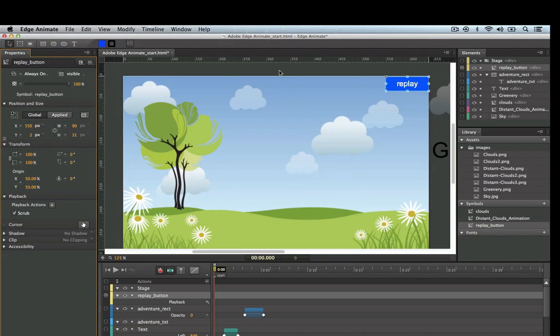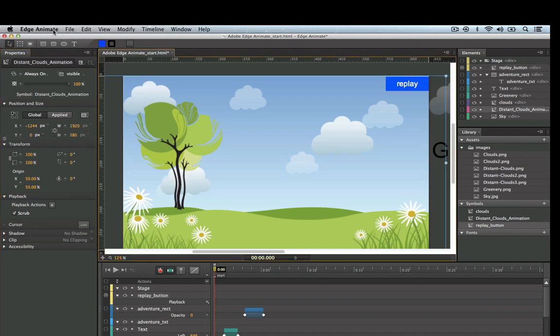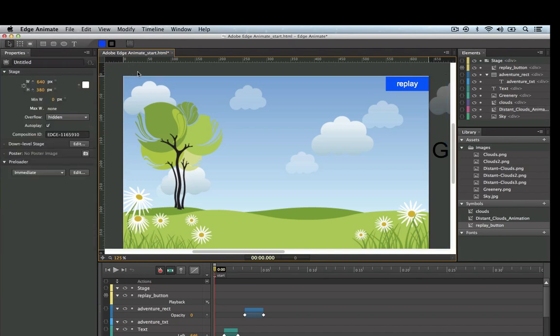Now, every so often when you test it out, there's almost like a little stuttering going on as all the content is getting downloaded into the browser. So what we can do, just like in Flash where you've got the little preloaders at the beginning of a Flash animation, we can also do that with HTML. So in Adobe Edge, I've just made sure I've got the stage selected and nothing else. And you can see here we've got a preloader section. I'm going to click on the edit button